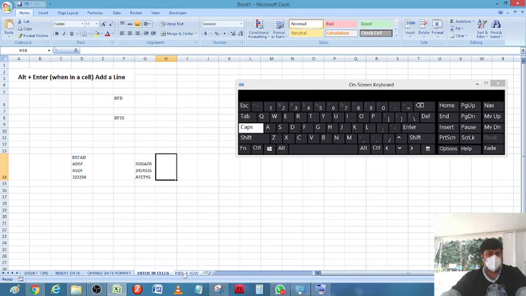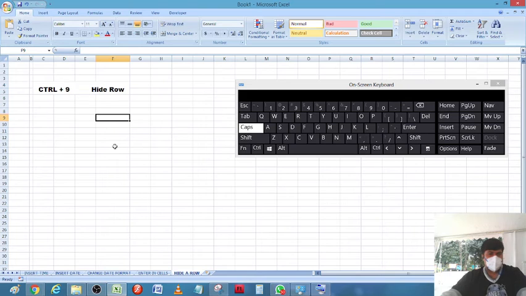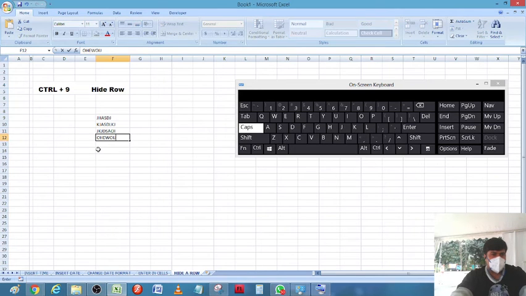Now the next and last shortcut key for today is hide a row. I have typed something and I don't want these numbers to be displayed.